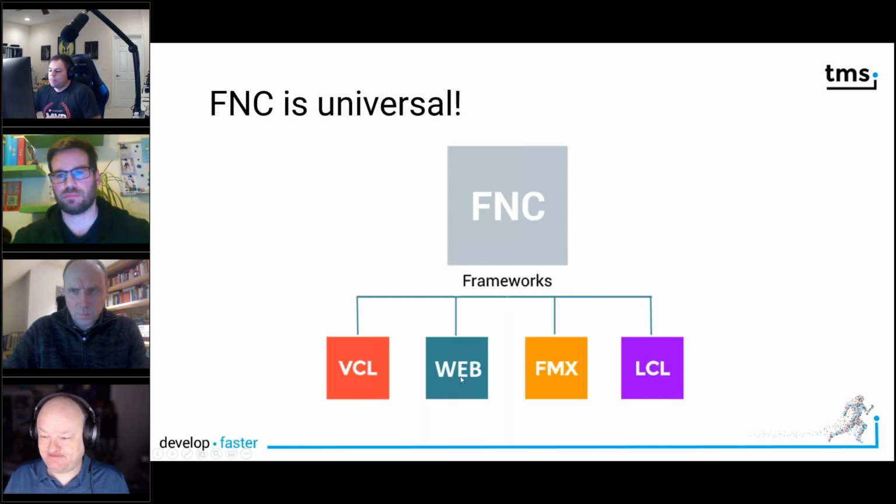and you can also use them on a TMS WEB Core form, or you can also use them with Lazarus in the Lazarus component library. That's what LCL stands for. So if you have an FNC component, and I couldn't believe it at first, but you can actually, if